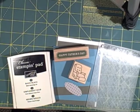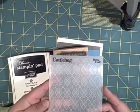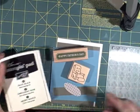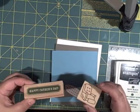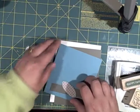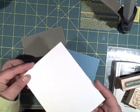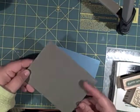Here's the supplies I used to make this card. A Cuttlebug embossing folder, kind of a plaid pattern, classic stamp pad from Stampin' Up! in basic black, a couple of Father's Day related stamps, a card base in white trimmed to 4 1/4 by 5 1/2 inches,